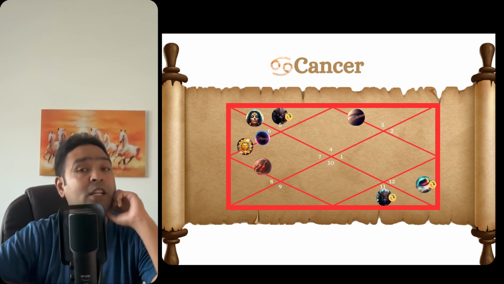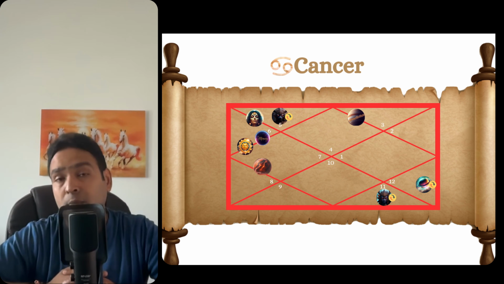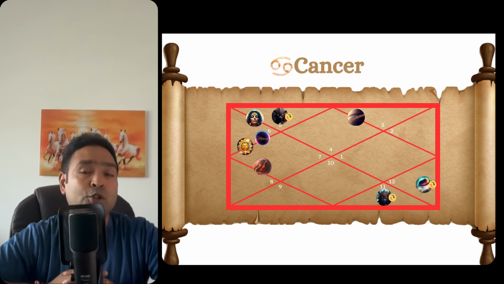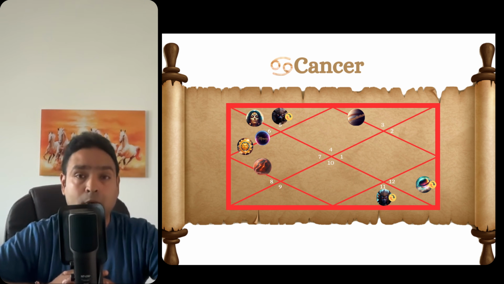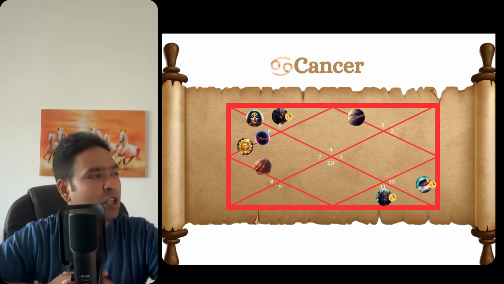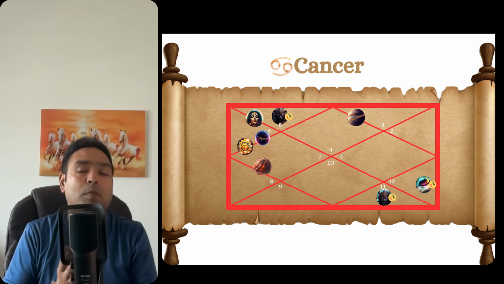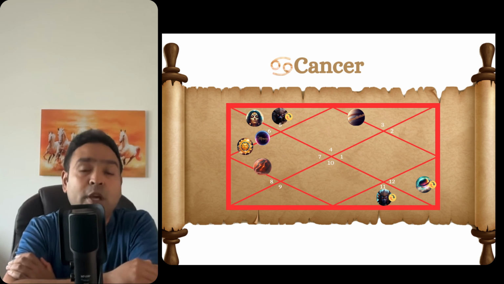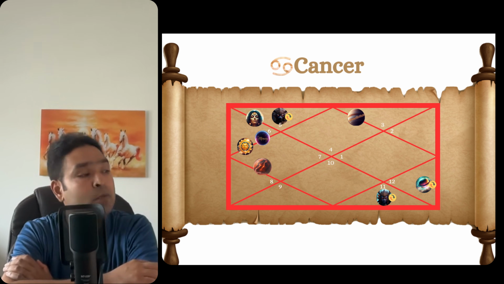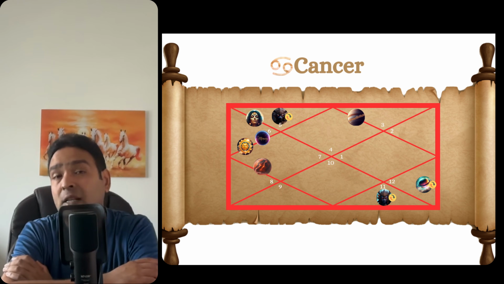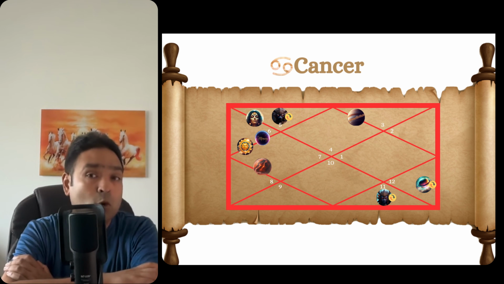Venus, though becoming 12th to itself, just reminds us that there could be some level of loss, some level of hiccup that could come into picture with respect to your property, your asset. Maybe you have to be careful whilst driving, or there could be minor scratches. There could be some kind of turbulence that might come in, resulting in you making some spend. It could also be, in general, lack of emotional and mental peace for you guys during this period, because Venus denotes your mental sanity, and it is a creative planet. So you might have certain impact on that front too. So just be watchful on those areas.